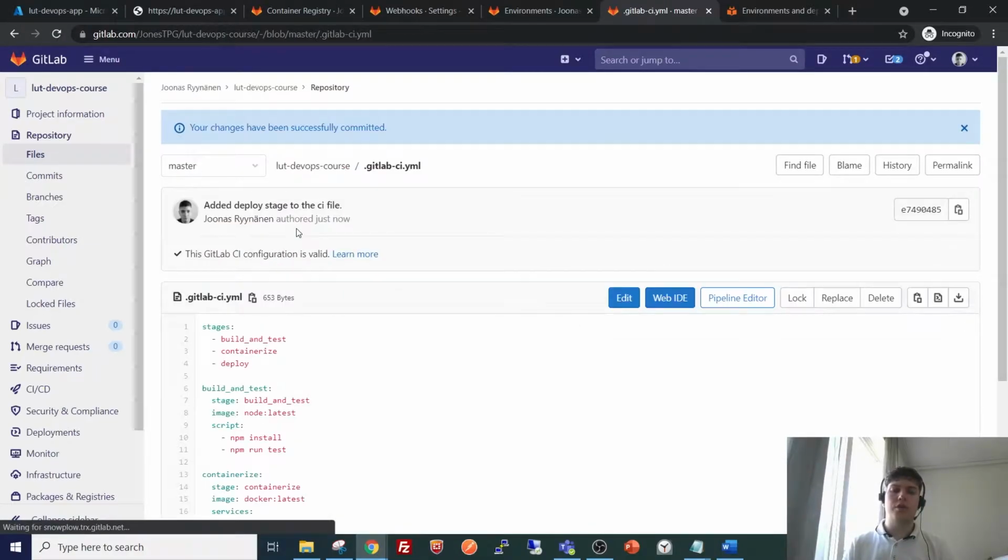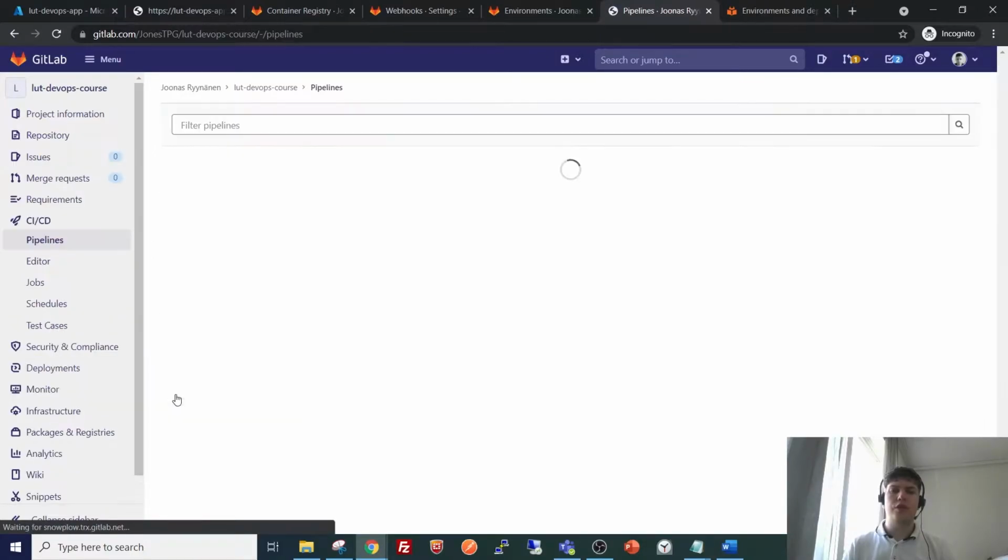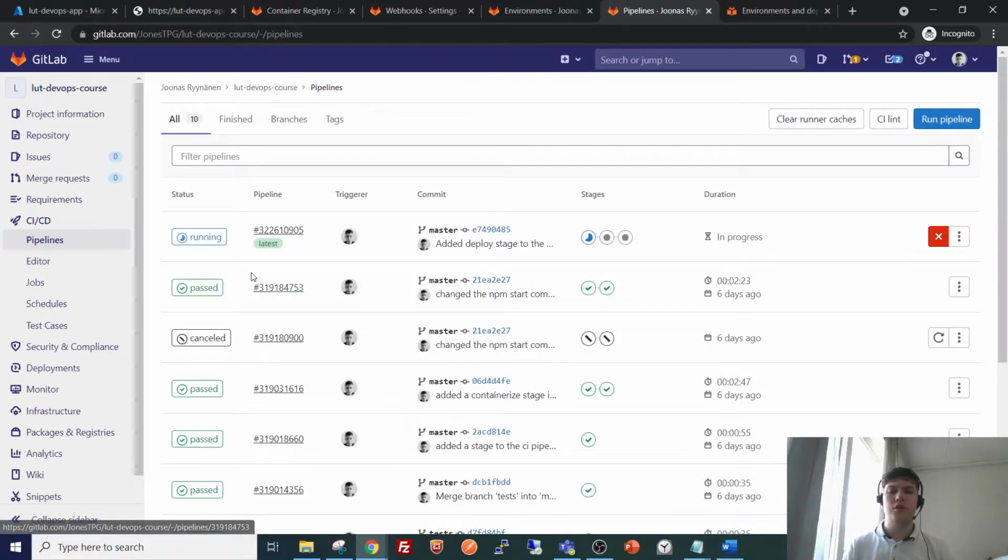Once we make the commit, the pipeline should trigger automatically, as it has been set to do so, or it actually defaults to do so.